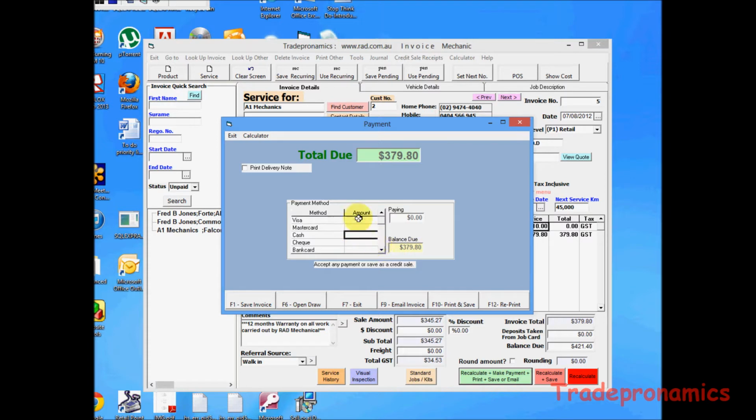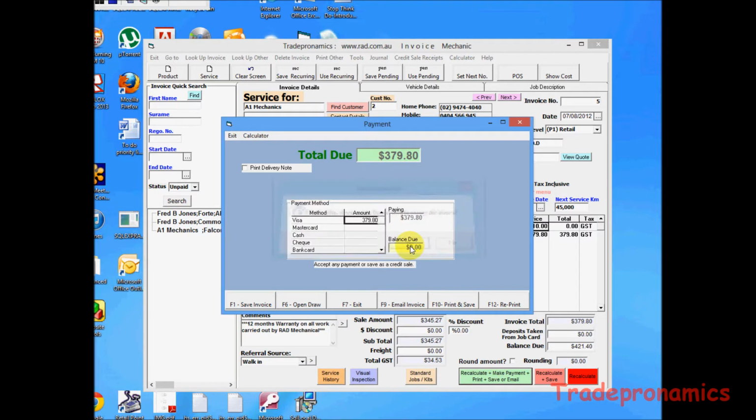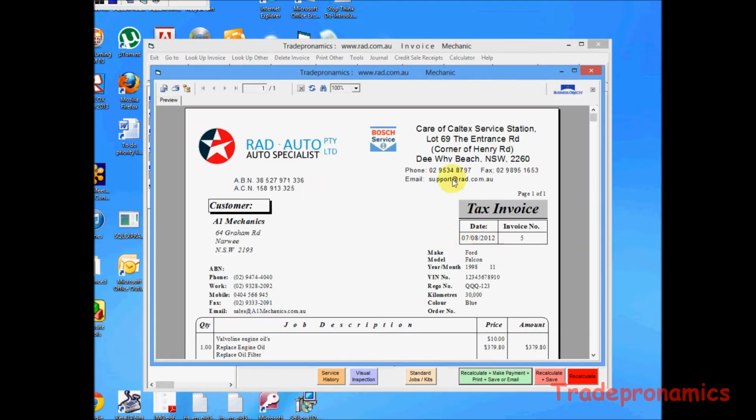So he pays on Visa card. Print and save. So you want to save the changes. Yes. Invoice has been saved. That'll come up with the invoice on the screen. There's the customer, vehicle details,